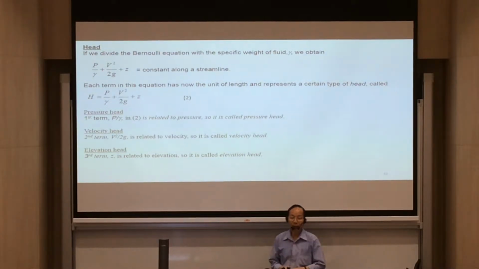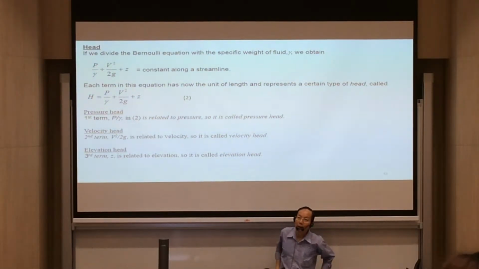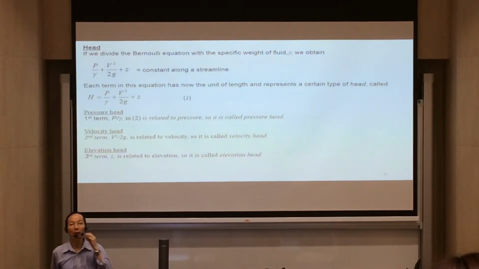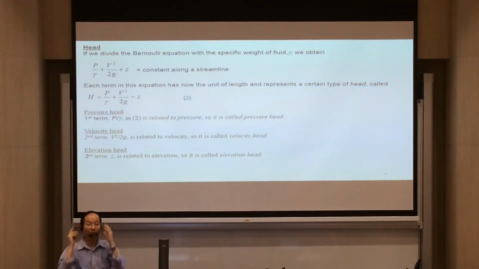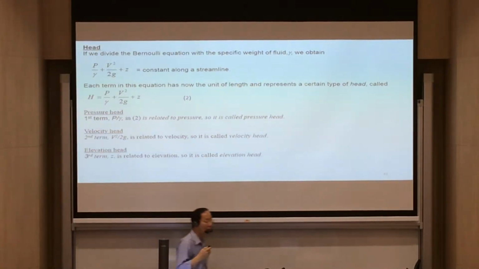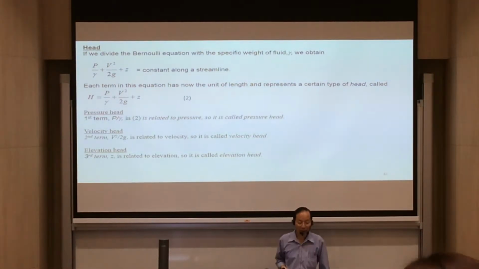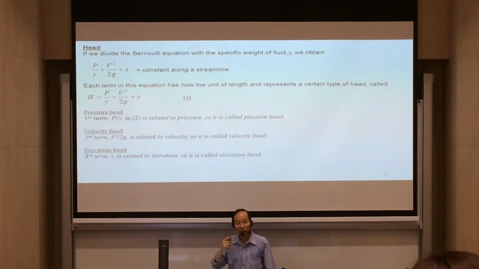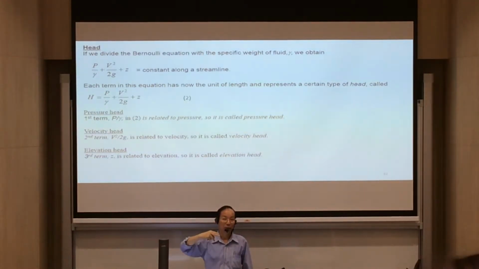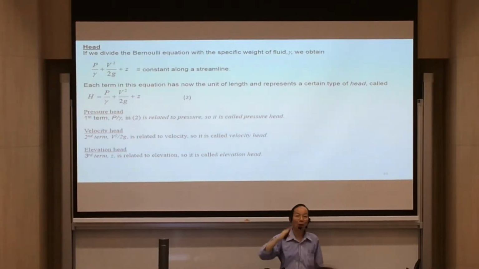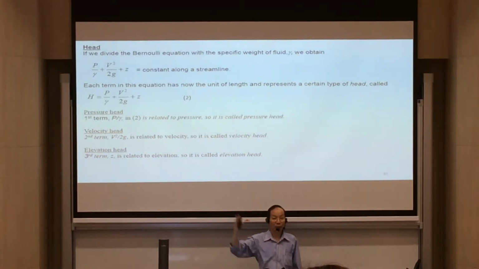Next, I want to introduce the terminology of head. In pipe flow, usually they refer to head. Somebody calls it pressure head. So what is head? And what is the unit for head? The unit for head is actually a distance, a height, so it's meters. Basically, something is called a pressure head. It doesn't mean it's pressure per unit meter. Be very careful. It's head.